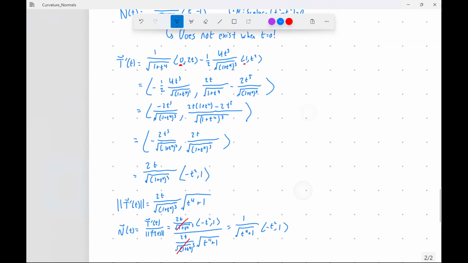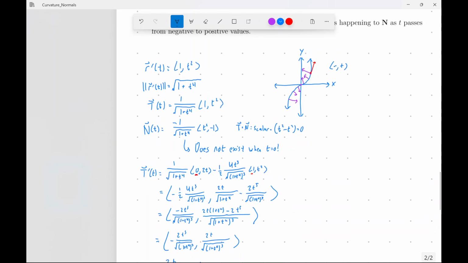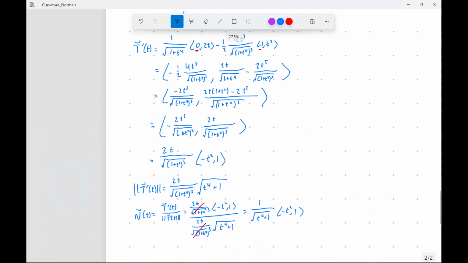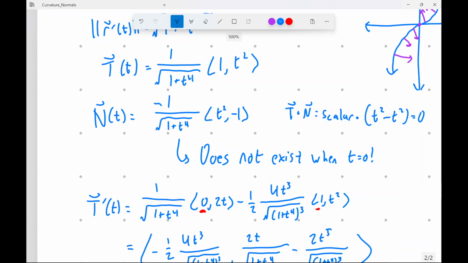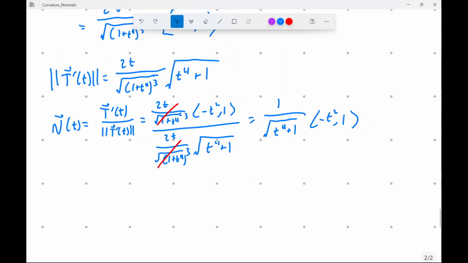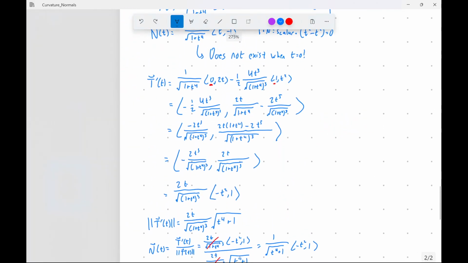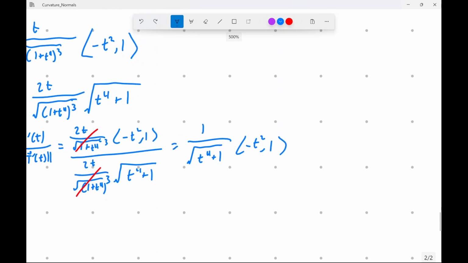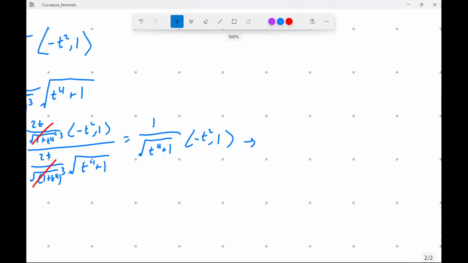So that's that. And we do get the same thing as what we got up here. It's just, again, up here, this negative sign is factored out, but here it's distributed in. So they are the same, just a little bit different. And now you may be asking yourself, it looks like this should work when t is 0. If I plug in t is 0, I get,